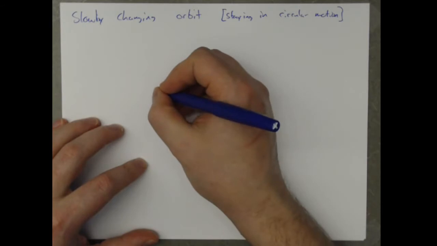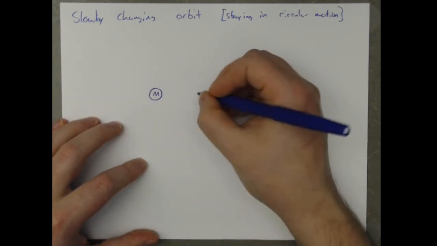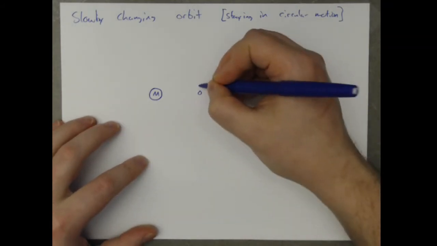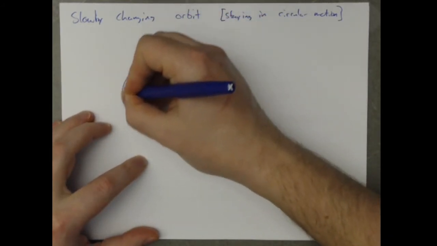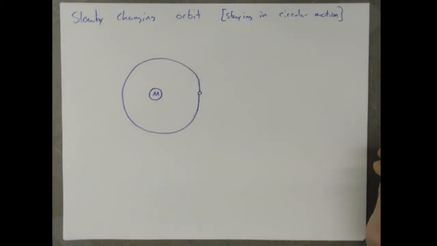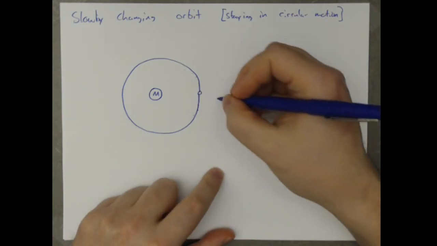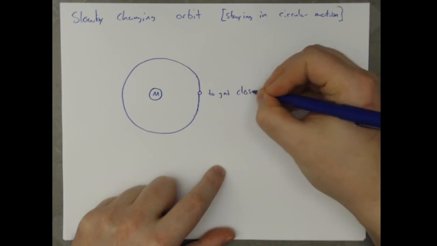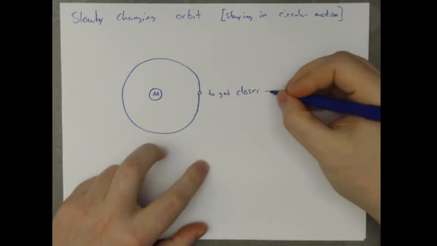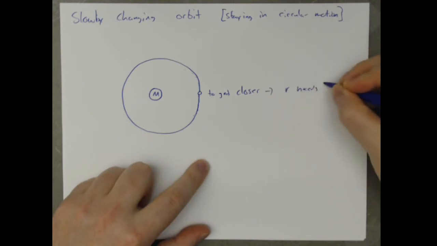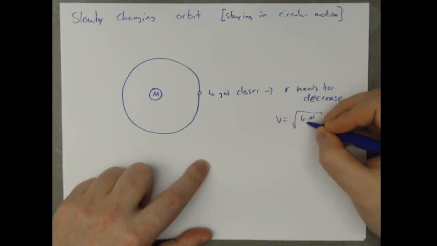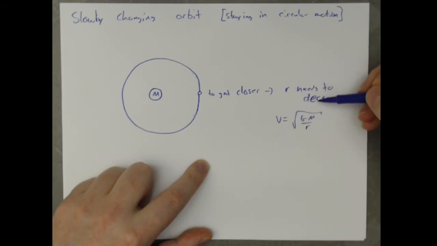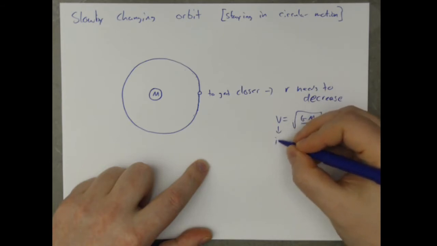And so if this is our big mass, we have our little mass, and we know that it would be orbiting, so we have that as our circular orbit. And if we want to get closer, that means r needs to decrease, which, if we look at our velocity equation, v equals the square root of GM over r, so if r is decreasing to get closer, that actually means that our velocity needs to increase,